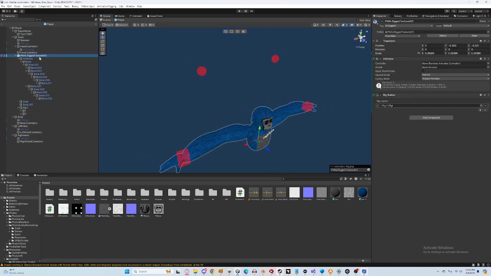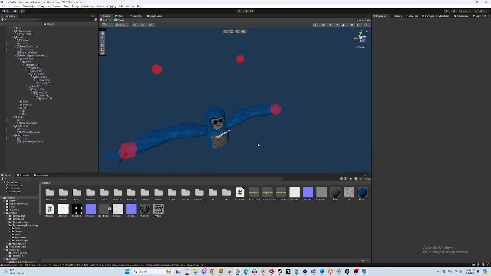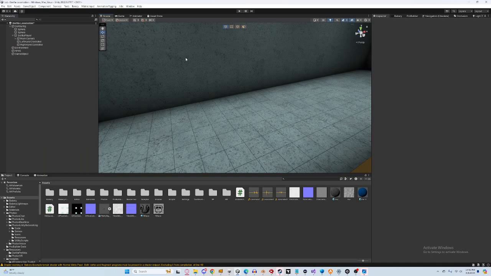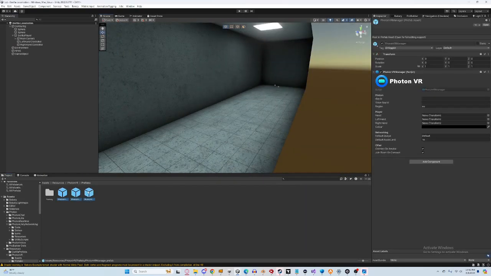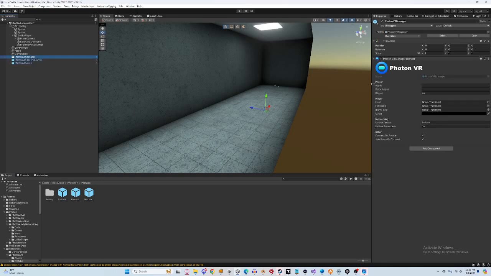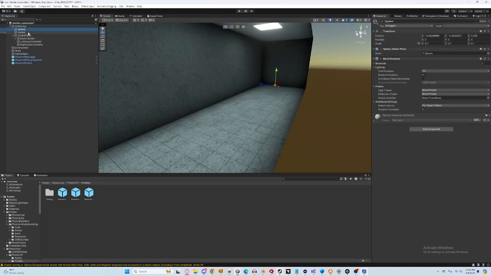Now, unpack that as you would, and that should be all from here. Then go into here, resources, Photon VR, prefab, add every single one of those. Manager, set this to, actually wait, no, first you want to